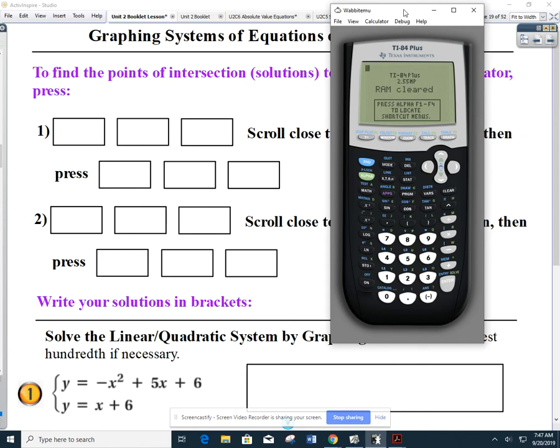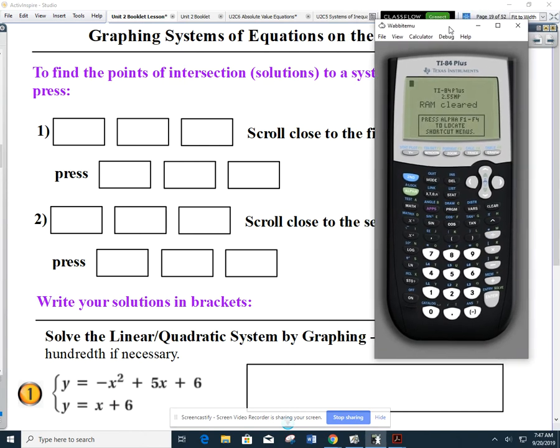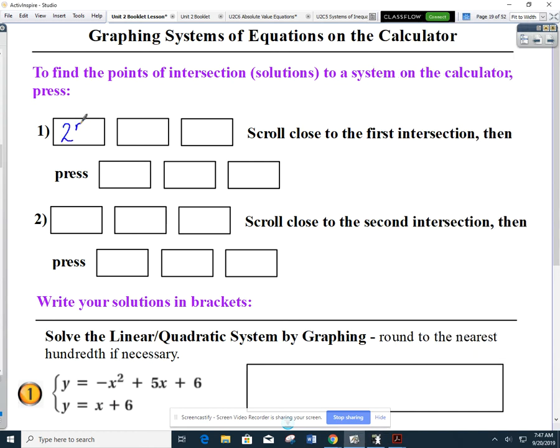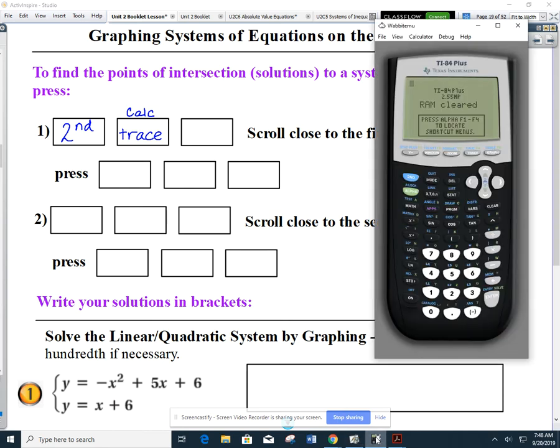Okay. I'm going to show you what buttons we push before we actually run through a problem. So when we want to find the points of intersection or the solutions to a system, we first want to get to our calculate menu, which is above the trace button. So we're going to hit second, trace. And above the trace button, it says calculate. We use that button for a lot of stuff. And on that menu,